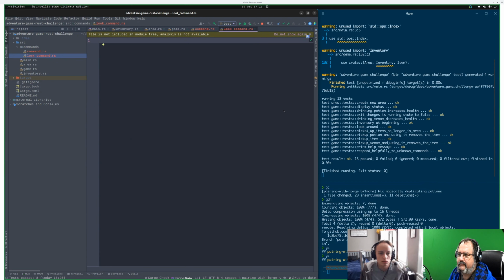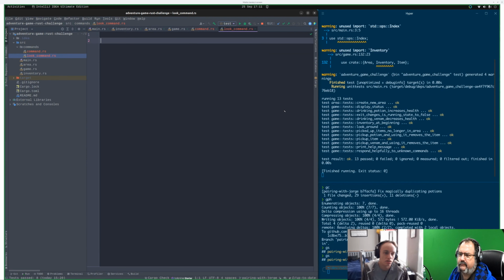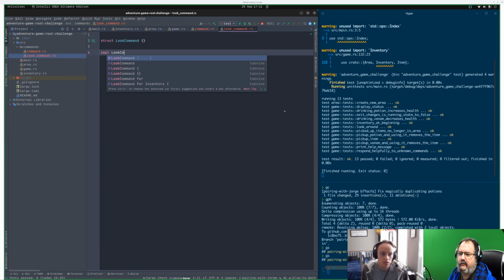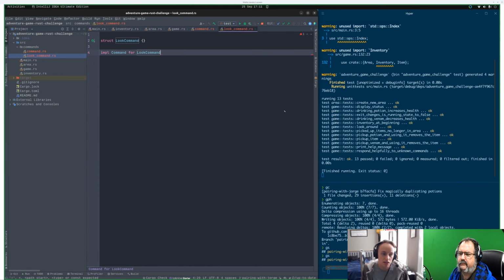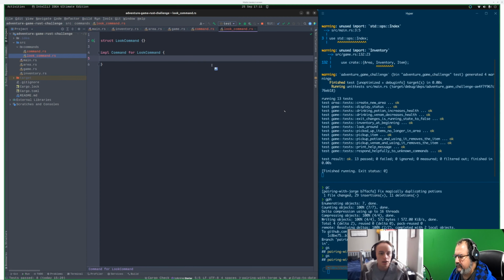Okay, so we have our trait command. We want a struct look command, which doesn't actually need any internal memory, any states. So we just want impl command for look command. So implementing this interface, or as it were, trait for this struct.